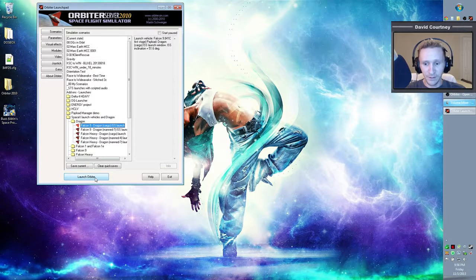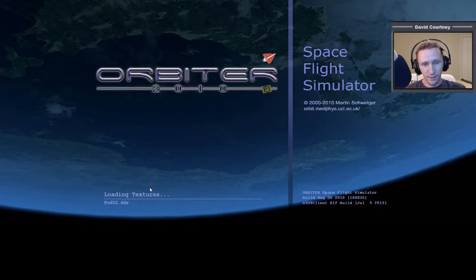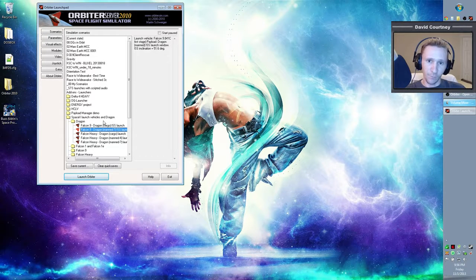Got a question from a guy who was Dragon and then pick Falcon 9 Dragon, and probably Cargo is a good one, and then hit Launch Orbiter. What we're going to do is we're going to use the scenario editor to take the Falcon 9 rocket launcher from the LPAD, assuming that you have the SpaceX stuff installed and working, and that you have Wideawake International. We're not going to go into how to install all that stuff. So let's start with going to one of the default scenarios that comes with SpaceX. That way we're all on the same page. So go into the SpaceX folder, drag